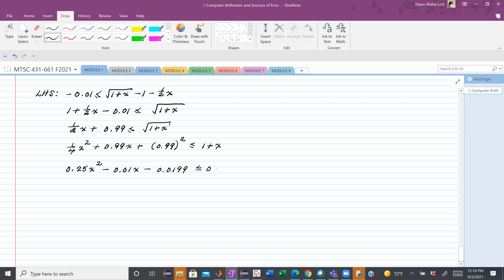All right. So then what I need to do is use the quadratic formula to find out when it actually equals 0. Okay, and so you find out that this equation, 0.25x squared minus 0.01x minus 0.0199, is actually equal to 0, implies that x is equal to 0.3028 and then negative